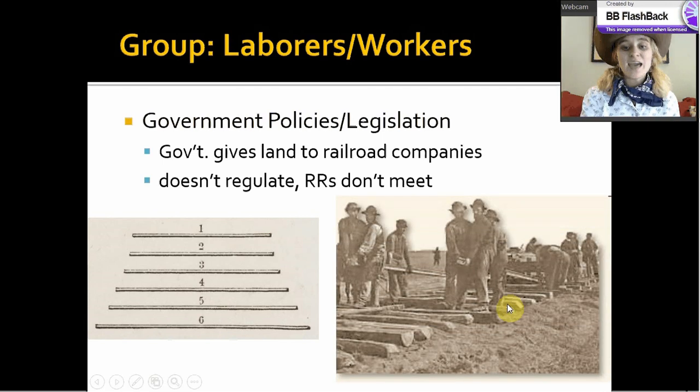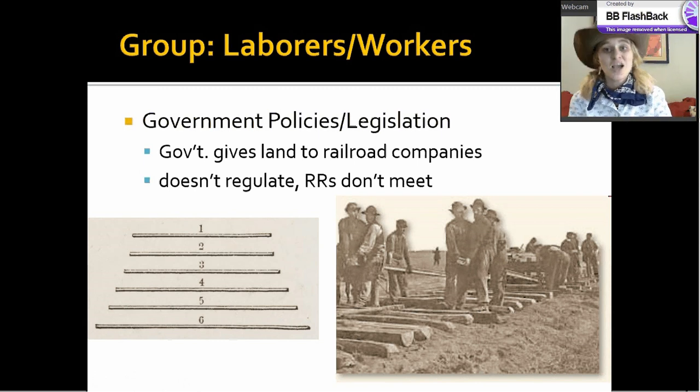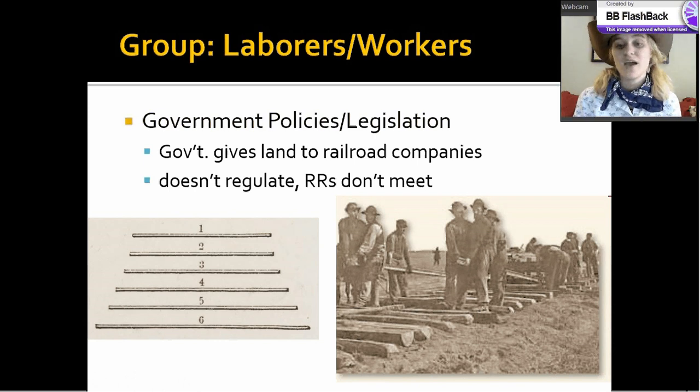So a gauge is this big wooden part right here that connects the rails. Some companies use really small ones. Some companies use really big ones. So a train that could go on the small ones couldn't go on the big ones. That's an issue, right? Eventually, that's going to be solved by a guy named Cornelius Vanderbilt, who makes his living on a monopoly of what would become the standard railroad gauge.